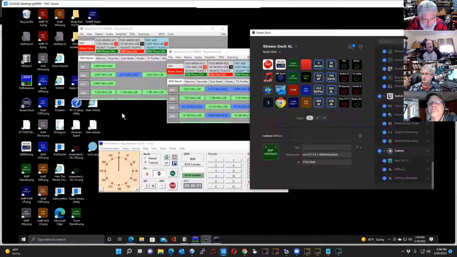There was Simon, S53ZO, I think is his call. He runs the S53M contest station. I've been working with him. I'm getting him set up with Node-RED, and he's really kind of taken off with it. They have a controller that,